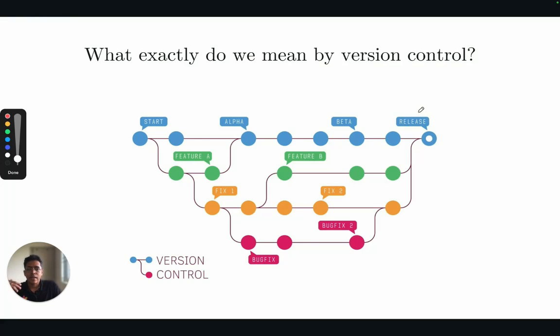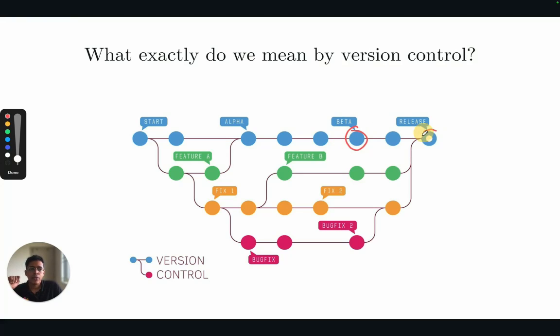But in between, at any given point of time, if you have worked in software development or app development, people will be working on multiple features. Some features may not even work. Some features may be working. So let's say once feature A is ready, we might release the alpha version of the app. So it's like a test version of the app for a few users. And this will develop, a few more changes might happen in the main code base of the app, and then a beta version is released.